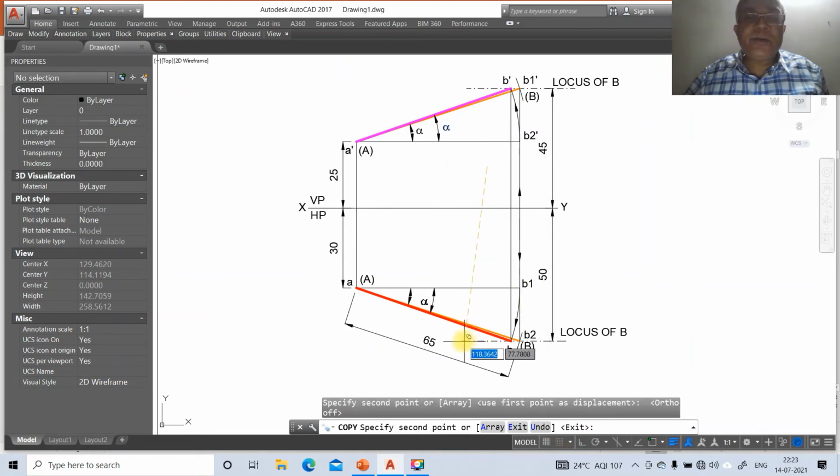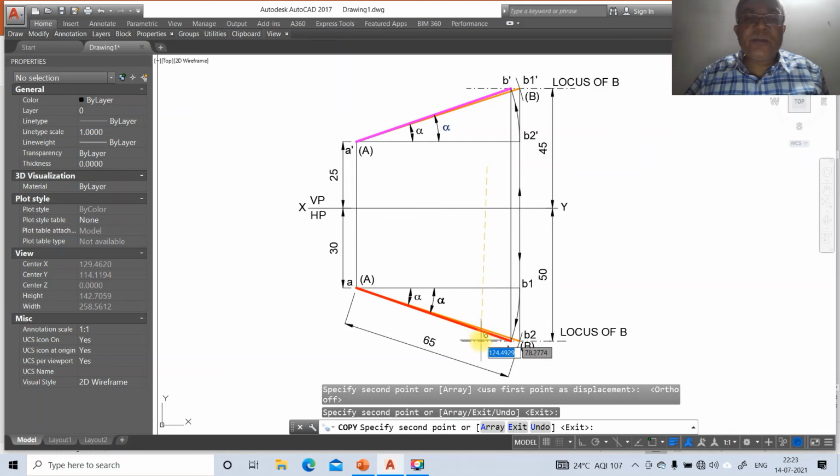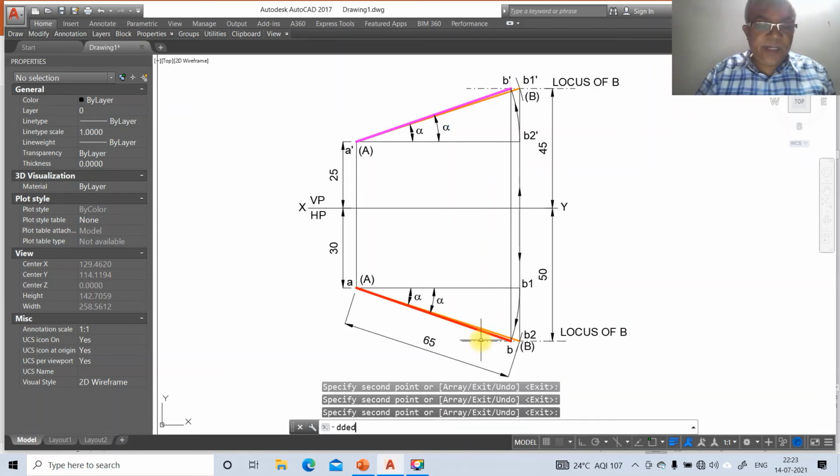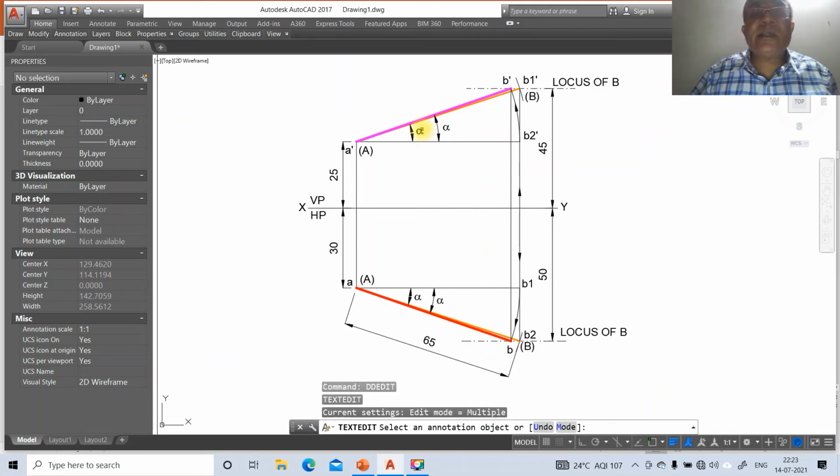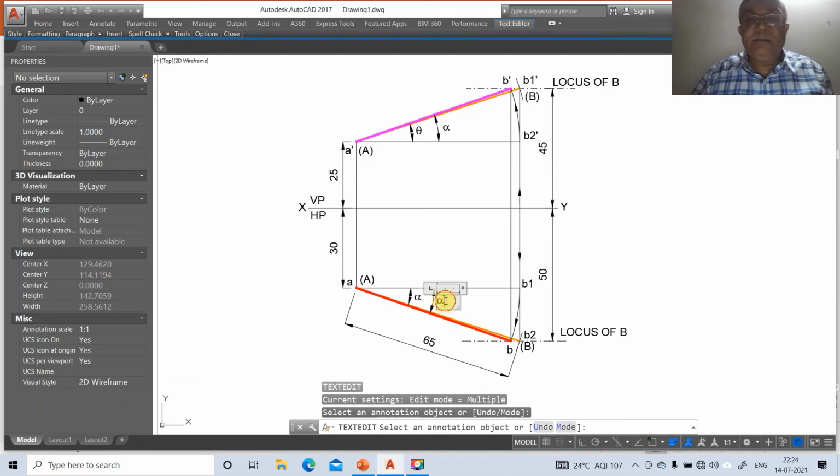Similarly, you copy this here. Similarly, you copy this here. Then go to DD edit. So you make this as small letter Q, which is theta, and here this as beta, and this as phi.